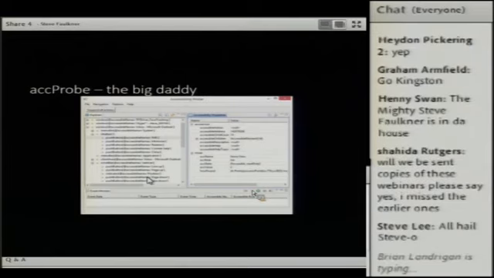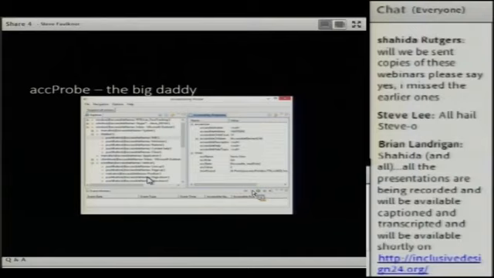It doesn't work on the Mac because Mac have their own way of being, so to speak. But it's also a highly featured tool. You can get events, and there's a lot of power to it.